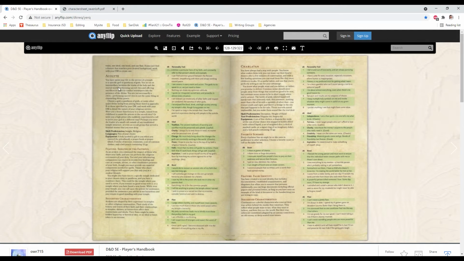So, are they an acolyte? And it tells you what acolytes do and features that they have. And then you have to pick 2 personality traits, an ideal, a bond, and a flaw. And they give you options. So you can look through these, pick 2, pick one, pick one, pick one, or you can roll a dice and see what it is. So this gives you a great setup